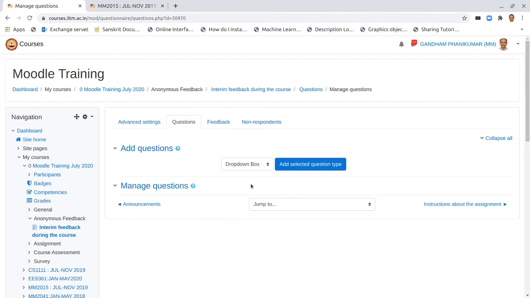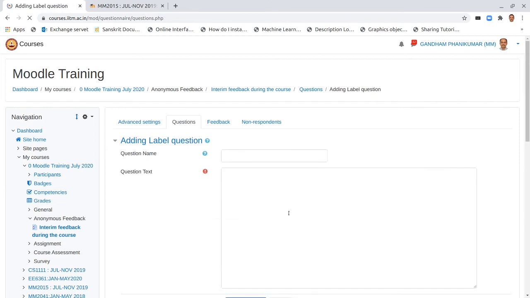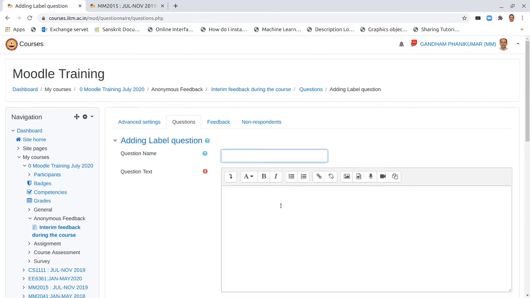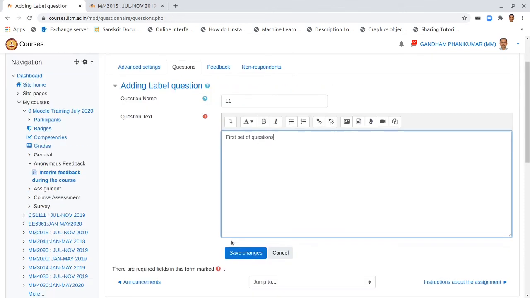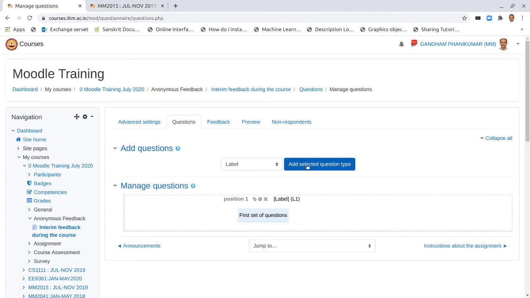So let us just give some questions just to see how that comes out. The very first one is label. That's very simple because it's actually not a question, it is basically a placeholder. So label 1. Okay, so we can say the first set of questions here, and you could have one more label.